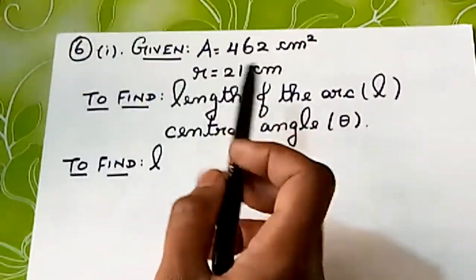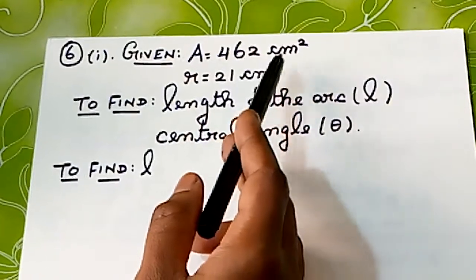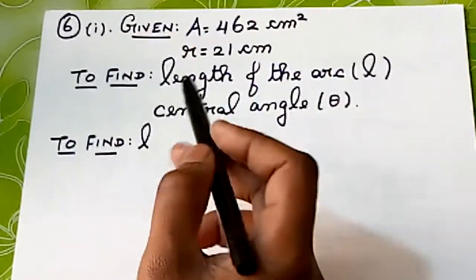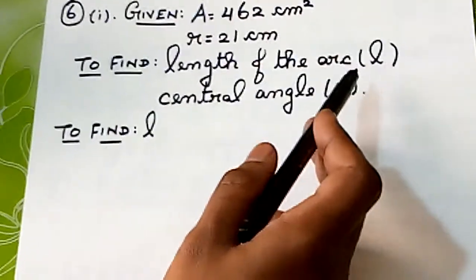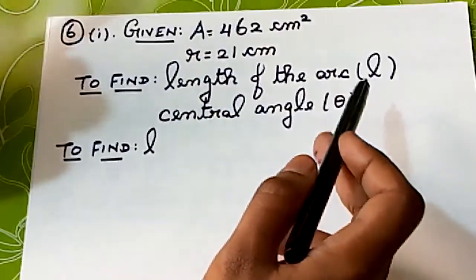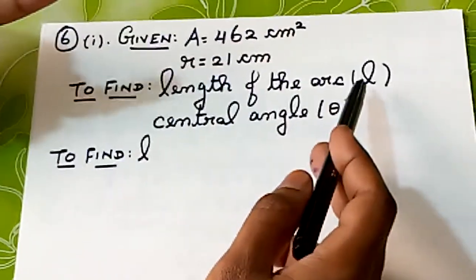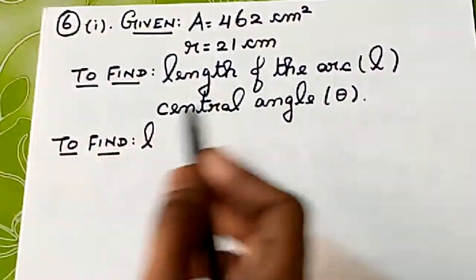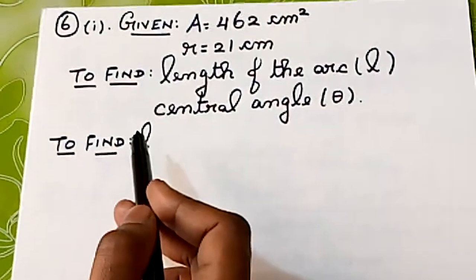6.1, given A equal to 462 centimeter square and R equal to 21 centimeter. They are asking you to find the length of the arc L and central angle theta. Here we are going to find two things. The first one I am going to find L, and second one I am going to find theta. First, to find L, I am going to use the formula